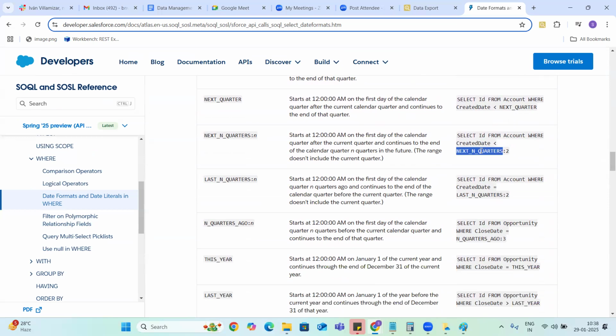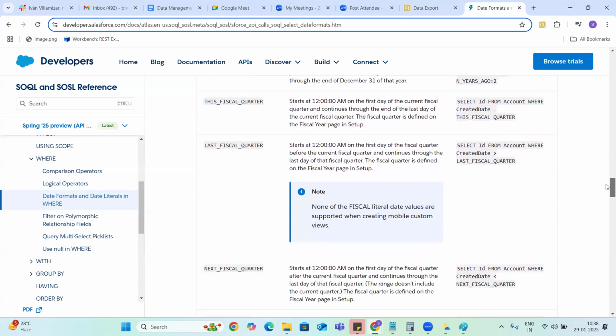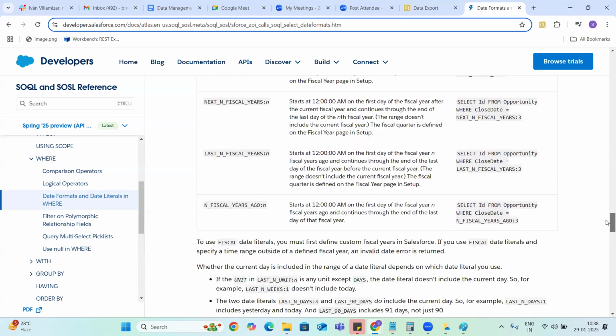Basically, we mostly use last N days, last N months, last N quarters, last N years, next 10 quarters, next 10 years, and we simply give that value. You can just go through these date operators, guys, and try to execute them. Nothing is too difficult here.